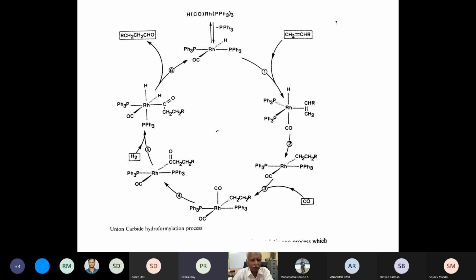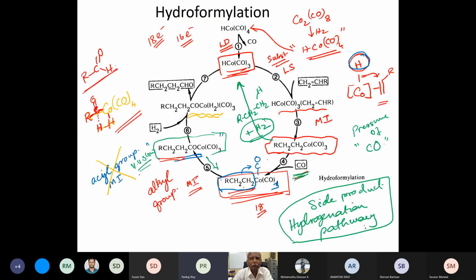So the secondary aldehyde that is generated. Oh, yeah. The migratory insertion happens in such a way that the R group stays away from the metal atom, right? So, for example, if you added the hydrogen to the primary carbon, the CH2 group, then you would end up with a branched hydrocarbon.